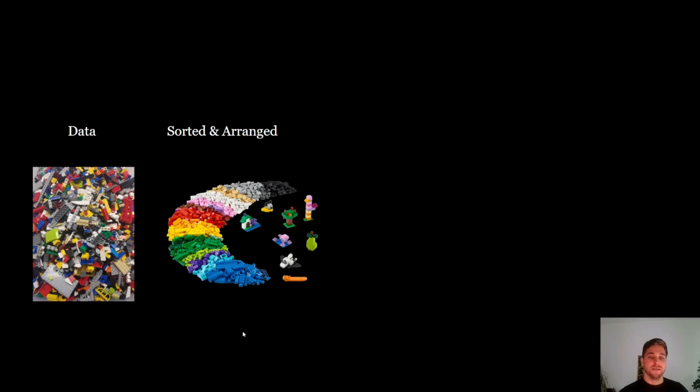You can see it's already a bit better. It's easier to work with. You can see it's sorted into different categories and pre-filtered. So that's already a more organized and cleaned version, but still it doesn't give you any value.